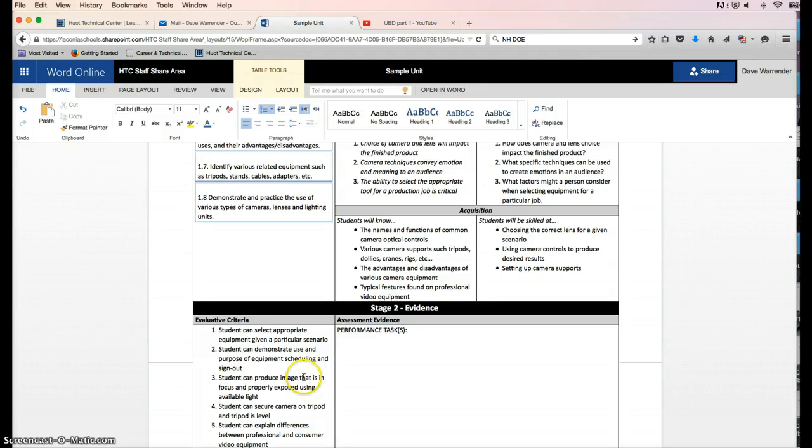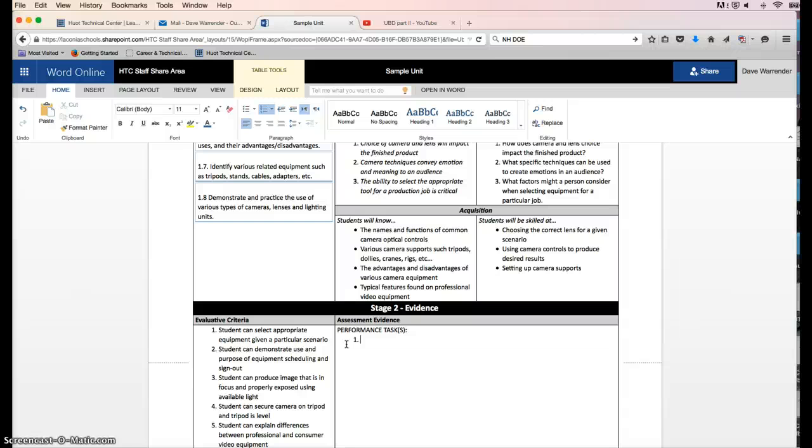So how am I going to judge, evaluate in this unit that these students are actually able to meet this criteria? Well, I might have a performance task, and this is more of you're describing an actual assignment you might give a student. That's what this assessment evidence is. It's assignments and it's assessments which you're giving the students.